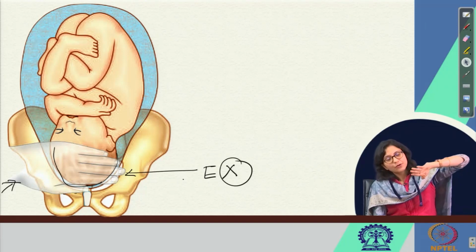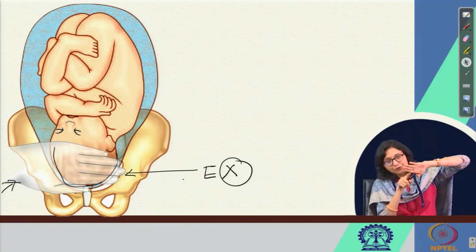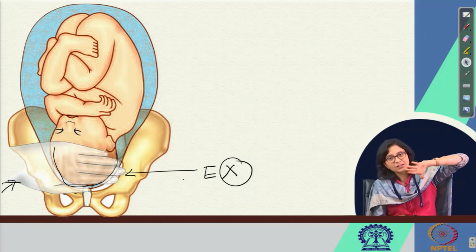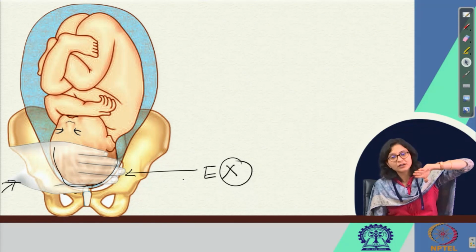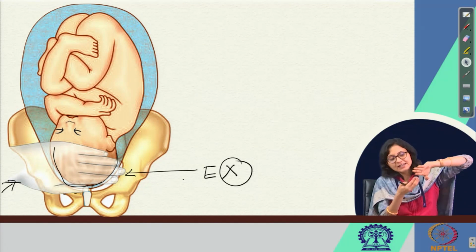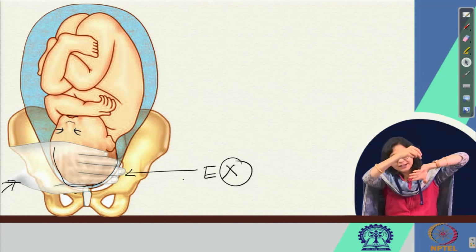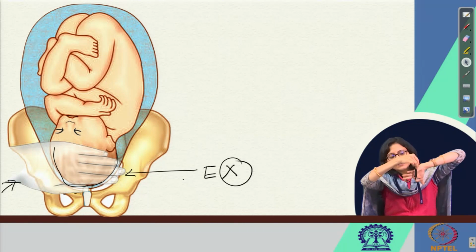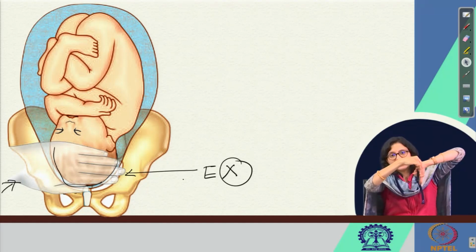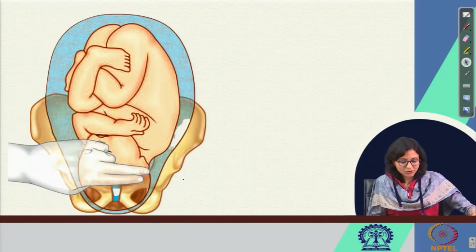Now say you are palpating 4 fingers of the fetal head, 1/5 of the fetal head has gone inside the pelvis. When it has gone inside the pelvis, you cannot palpate it per abdomen. So now only 4 fingers of the examiner's hand can palpate the fetal head per abdomen. Next, the fetal head goes more down. Now only 3 fingers can palpate the fetal head. It goes more down. Only 2 fingers are palpating the fetal head per abdomen, right? I think you are getting it.